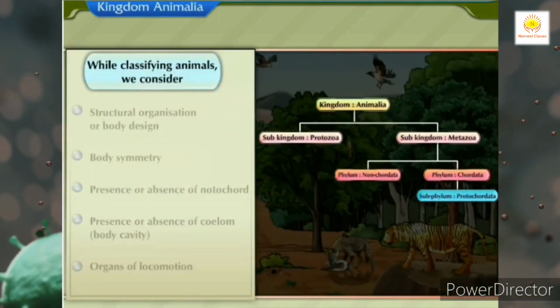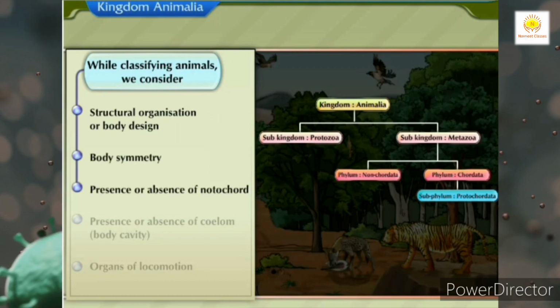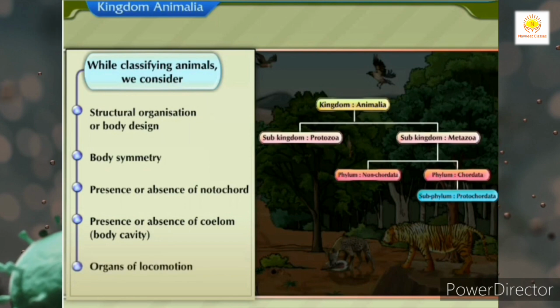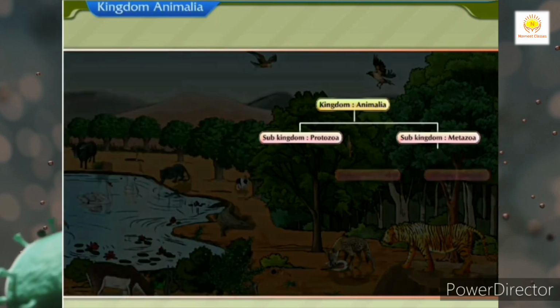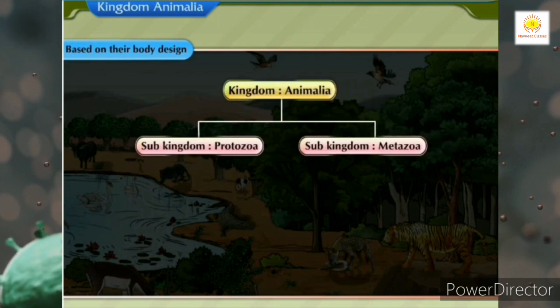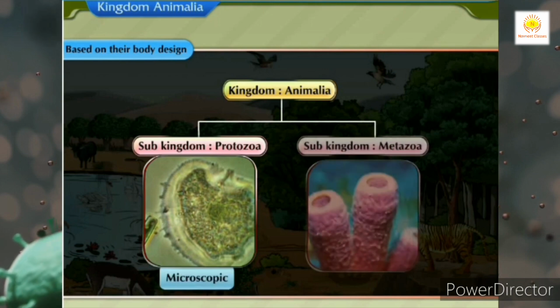While classifying animals, we consider their structural organization or body design, body symmetry, presence or absence of notochord, and coelom, that is, body cavity, and their organs of locomotion. Based on their body design, there are two sub-kingdoms. 1. Protozoa. They are microscopic, and